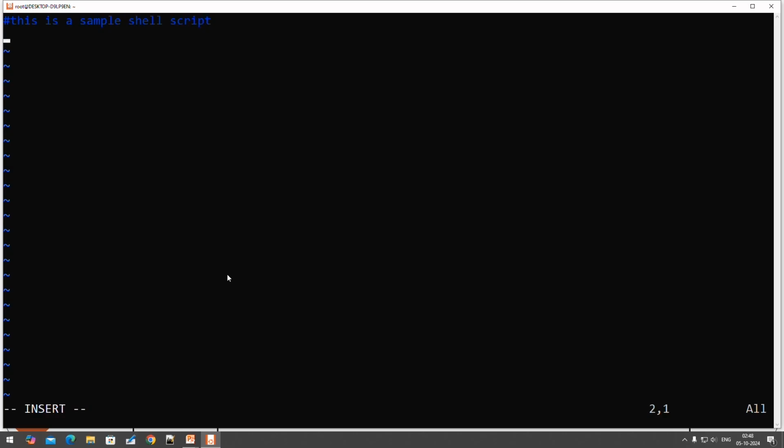As you already are aware, in C or C++ programming, if you want to write a comment, you use // or slash and asterisk. In the same way, if you want to write a comment in the vi editor in shell programming, you can start with the hash sign. That means whatever lines you write after this hash sign, the kernel cannot execute, because it will be considered